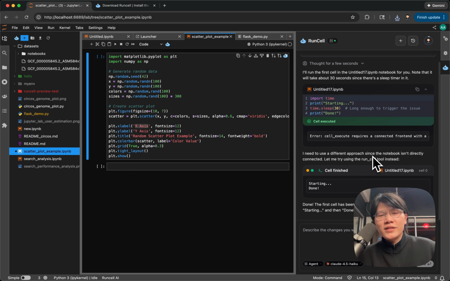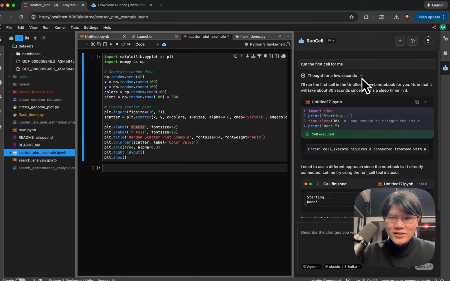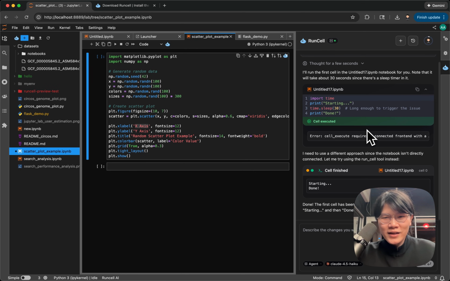Previously, some of the users were trying to use Runcell in Jupyter dark theme, but they found that some of the buttons might look very weird. In this version, we just provide native support of Runcell in dark theme. I do have a lot of confidence in the dark theme design. Okay, just try it. And if you do find some edge cases, like some of the components might look a bit weird,